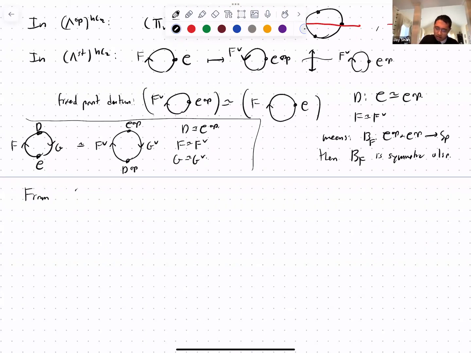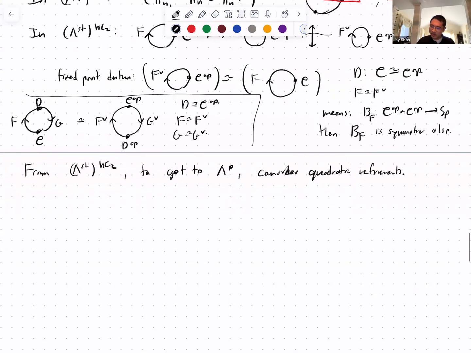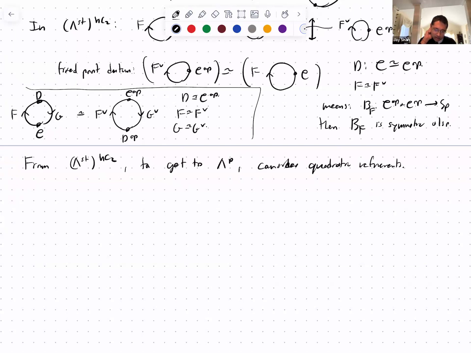So from lambda st homotopy C2 fixed points, to get to the actual category of Poincaré graphs, I want to consider quadratic refinements of this data. Just like how I refine a duality to an actual, a general quadratic functor. So I'll just say that this is done as follows. Given first a fixed vertex and an equivalence between the category labeling that vertex and its opposite,